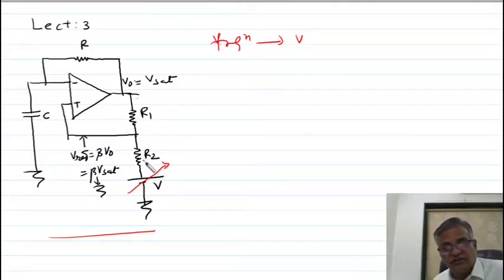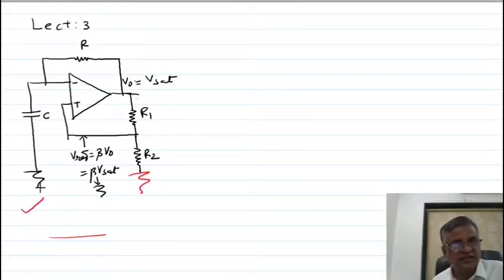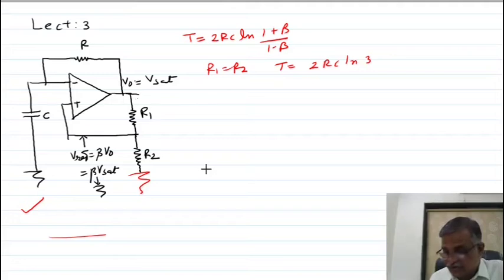So here the discussion of the square wave generator circuit is over. Let me recap what we did in the square wave generator. We have discussed the working of this circuit, and from that, for a symmetrical output, we have derived this equation. Then we have said if R1 is equal to R2, then the above equation will be this. Then second, if R1 is equal to 1.16 R2, then T is nothing but 2RC.